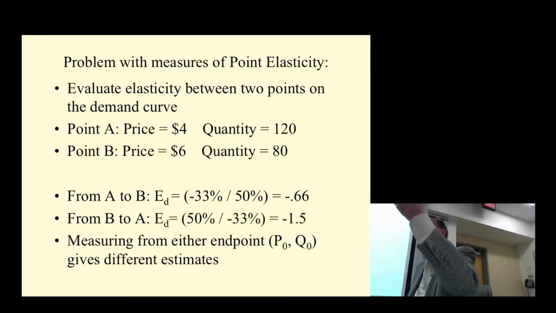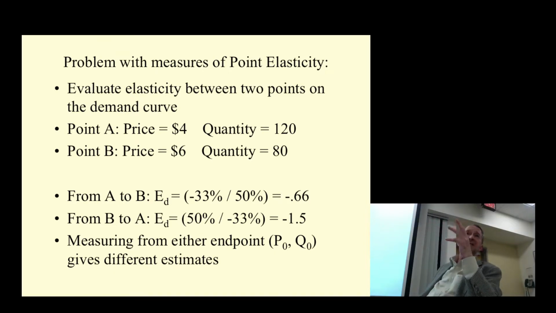depending on which way you go, from a lower price to a higher price or a higher price to a lower price, you're going to end up with different elasticity numbers because you're using different numbers as the base of the calculation. So for example, if at point A the price is $4 and you sell 120, and point B the price is $6 and you sell 80, higher price, smaller quantity, right? Then if you calculate it from A to B, you'd be calculating it